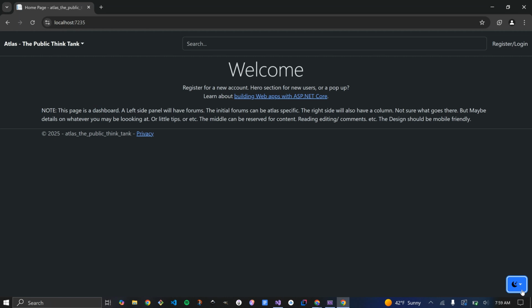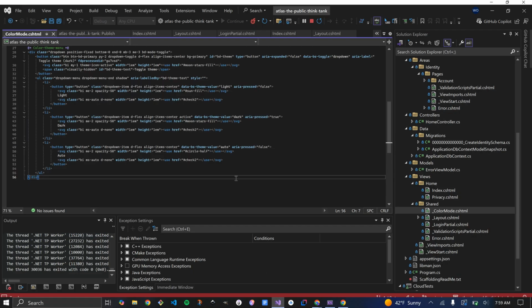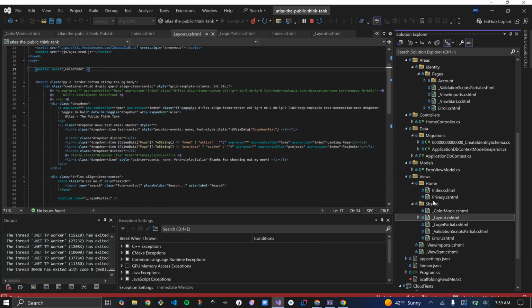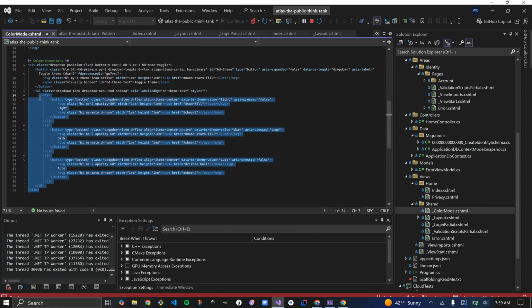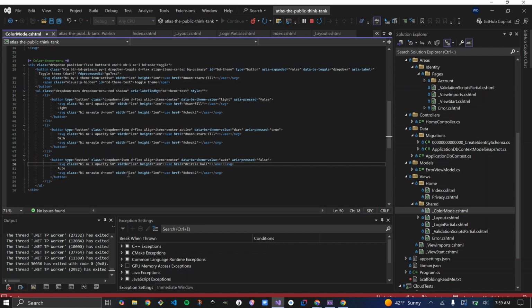I really didn't do any special work to get this done. Like I said, there was one special thing, but I'll show you that. So I have this color mode partial, and here's that drop down you just saw, and then there are those icons that are within the button, and Bootstrap used SVGs to do that, and this was their style of doing it.